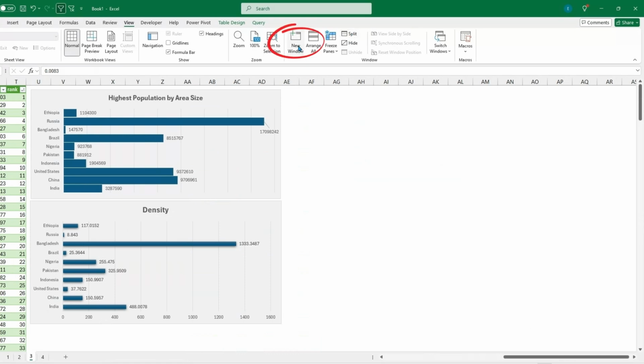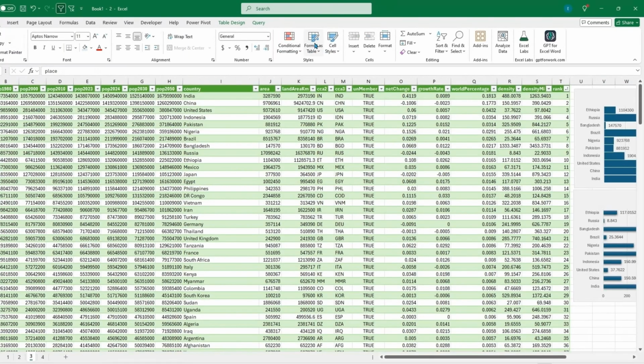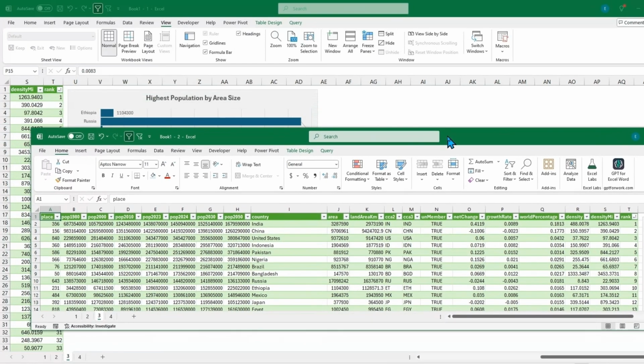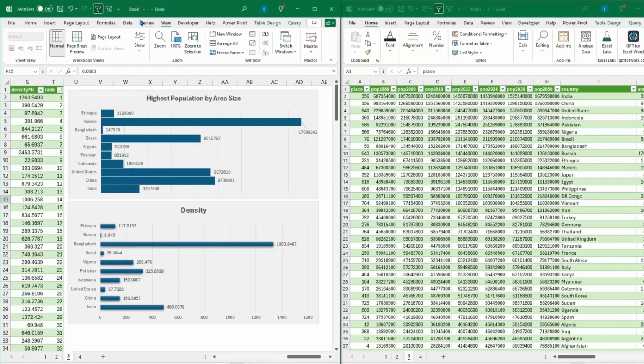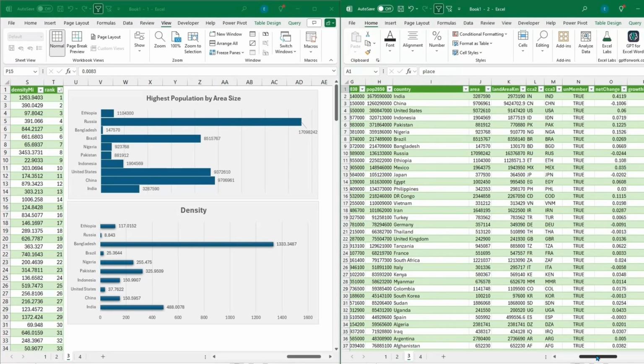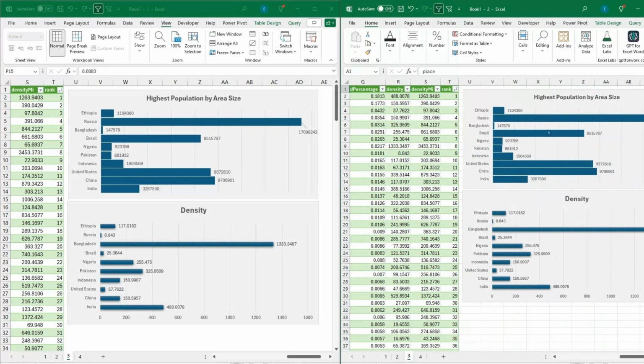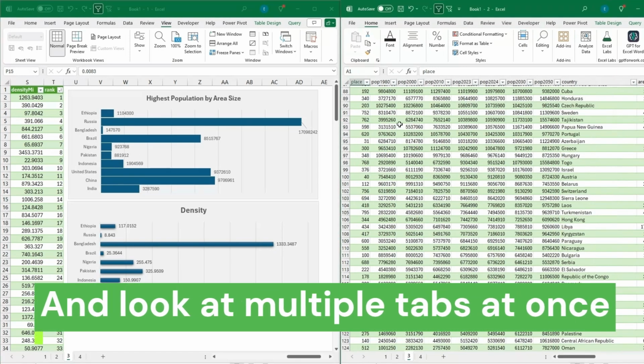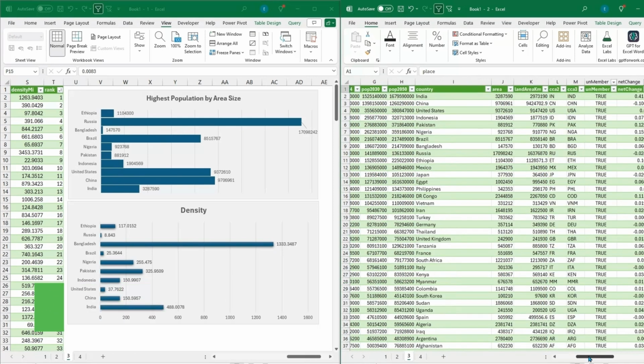And another way will be by clicking New Window. So now we have 2 of the same. So if we make these each half screen, we can see that the names are Book1:1 and Book1:2. So these will be the same exact spreadsheet that we'll be able to look at one area of our sheet while we're focusing on another area. So you'll be able to look through numbers while you're also looking at different graphs. And there's a lot of different scenarios where this could be very useful to look at the same sheet in